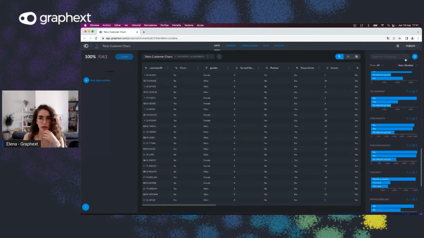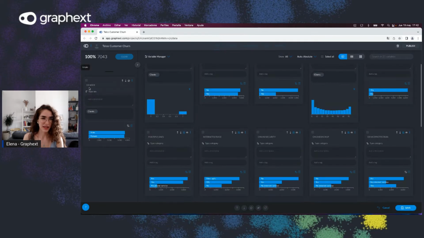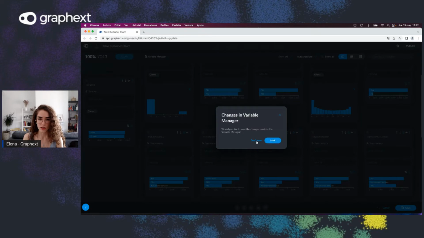Okay, something else you can do with the variable manager is pinning stuff to the left. You can do that here. So you can always have it available easily. I'm sorry, it's taking a little bit. Like that. So you can always filter easier. You can always have it at hand, right? I'm not going to do that right now. Don't save. But what I'm going to do is work a little bit with pinning things in the table,